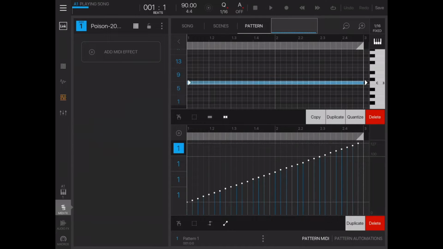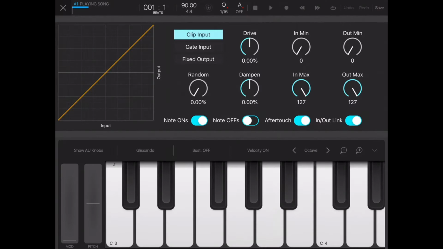We're going to load in the curve plugin itself. And if you look on the left hand side, that fade from bottom to top is representative of what's in the arranger, right? So whenever I do any changes to this curve in here, you'll actually be able to hear it as it plays. Okay, so the first thing we're going to cover is the clip, the gate, and the